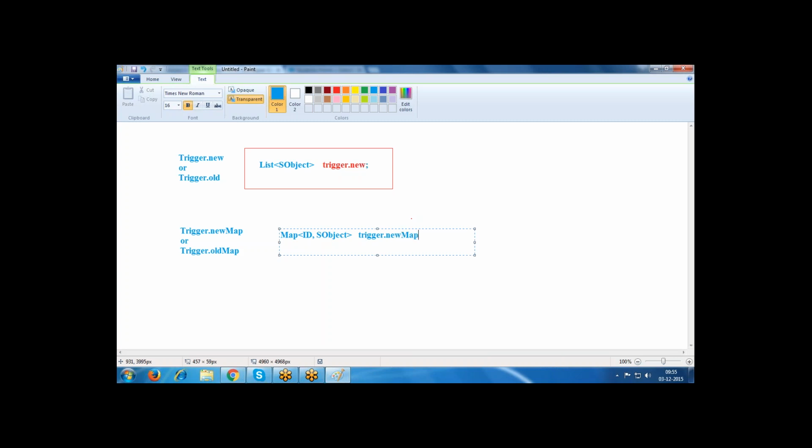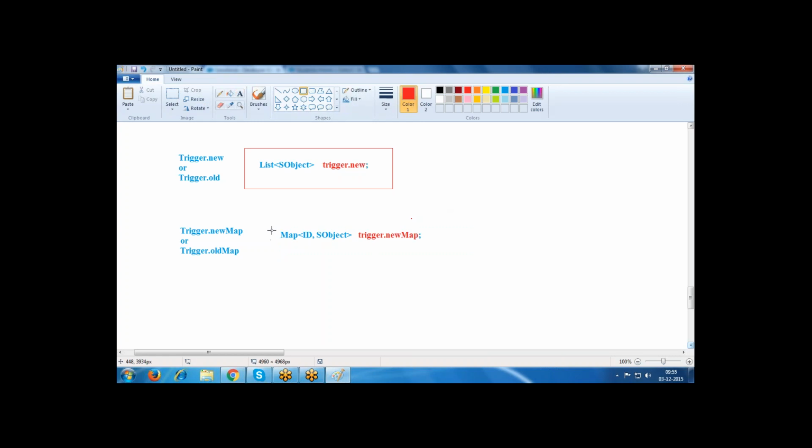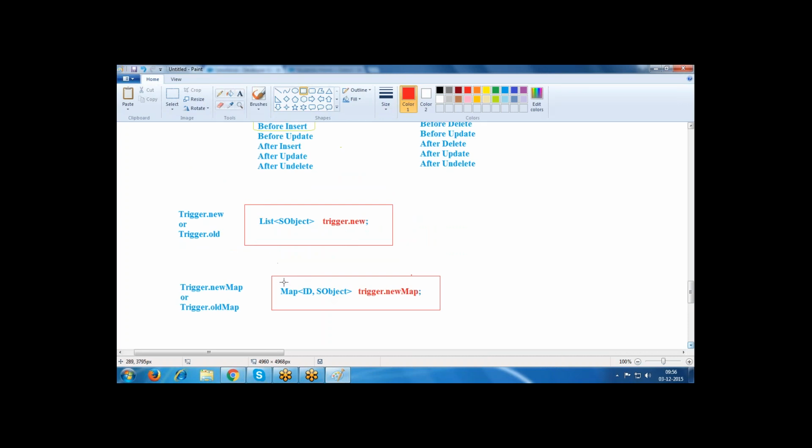Trigger.new map or old map creates one map. In the map, whatever Id is there, that Id is stored as the key. Whatever record is there, that record is stored as the SObject value. It takes key and value pairs, so from the key you get the corresponding value. This is the way it is storing the data.